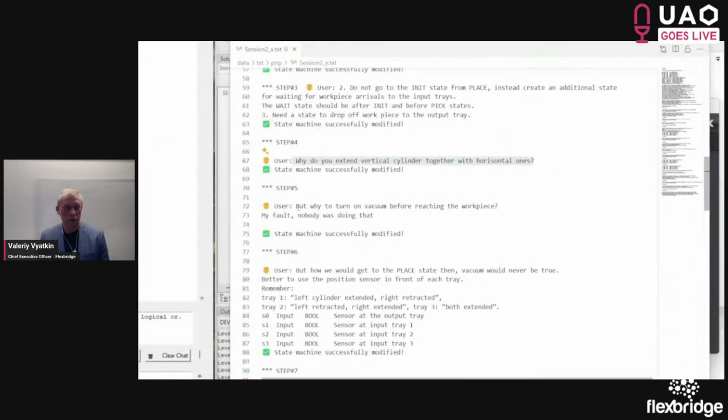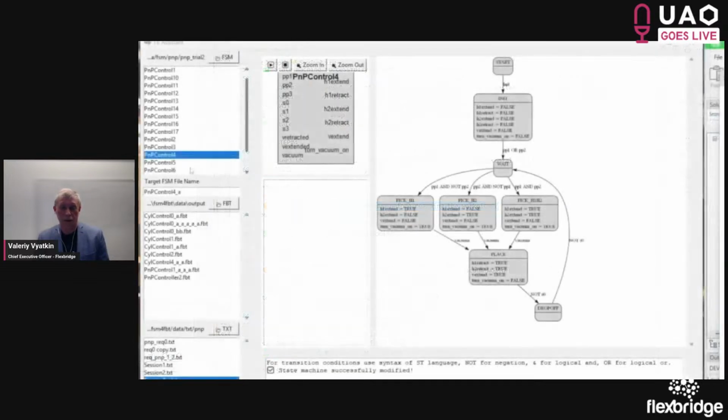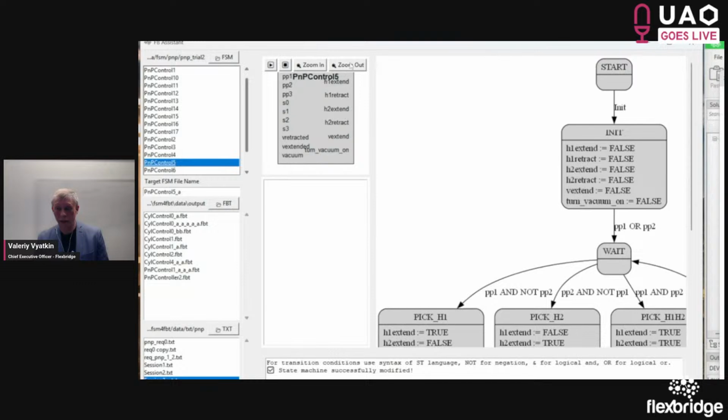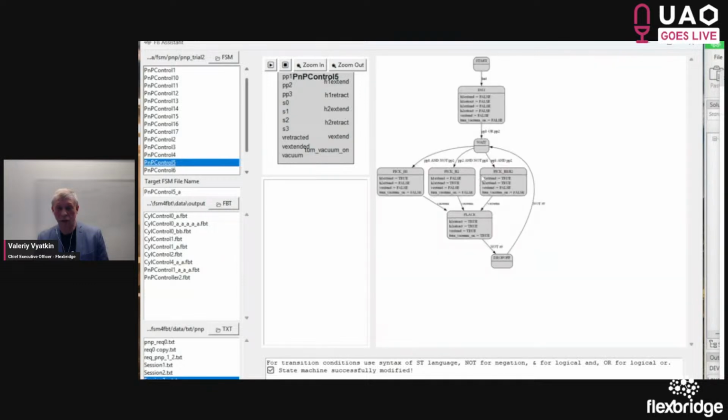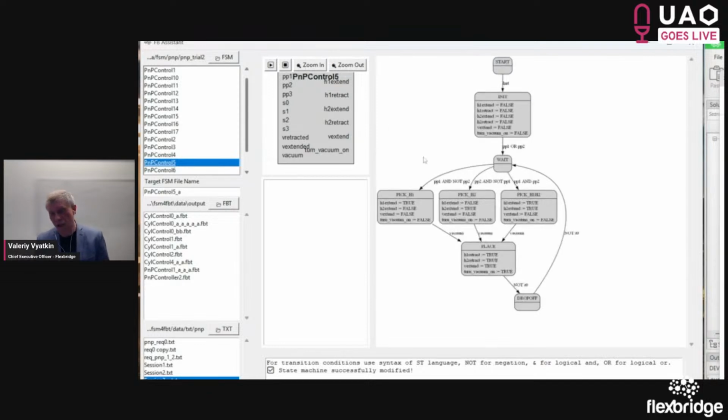So, next requirement, we ask why it would turn the vacuum on before reaching the workpiece, which was the case in step 4 in one state. And the assistant corrected that. Now the vacuum is no longer turned on in all these extension states, pick H1, pick H2, and pick H1, H2. And then at the play state, it turns the vacuum on.